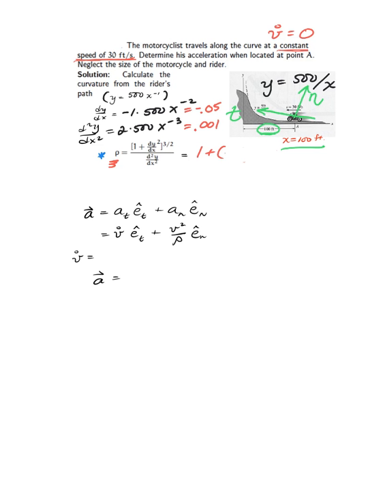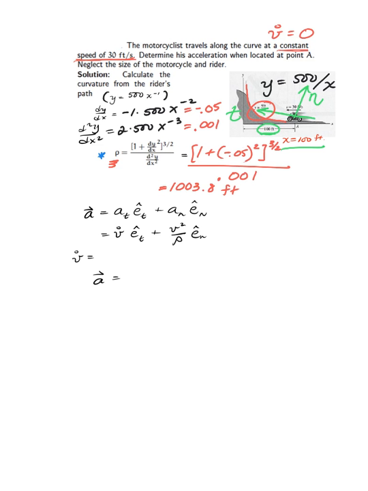I need to take minus 0.05, square it, and then I need to take it to the 3/2 power. I'm going to divide by 0.001. And if I do that math, I end up getting 1,003.8 feet. So again, at that instant, you can kind of see as this thing moves, the really tight spot right here had a very small radius of curvature. But where we're located, we got a radius of curvature of about